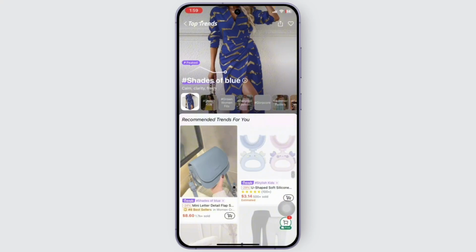So let's start. In order to use the coupons on Shein app, first of all, you need to download the Shein application on the device. After downloading, simply log in to your account using the login credentials that you used to create your Shein account. After that, when you open the app, you just need to select one of the products that you